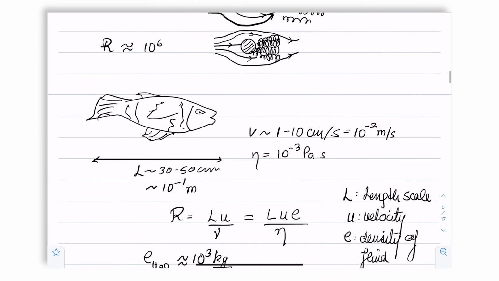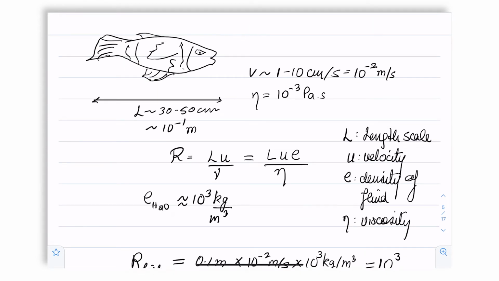So at a macroscopic level, a fish like the labeo rohu has an approximate velocity of 1 to 10 centimeters per second, which is 10 to the power minus 2 meters per second. Viscosity remains 10 to the power minus 3 Pascal second. So substituting the values into the Reynolds number, the equation is given here, which is Lu by nu,